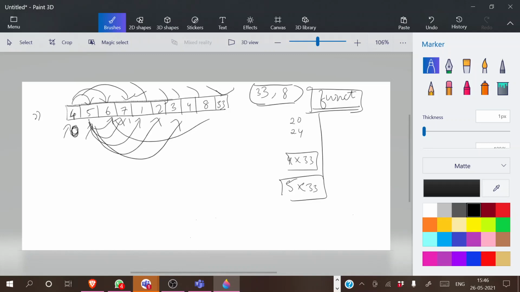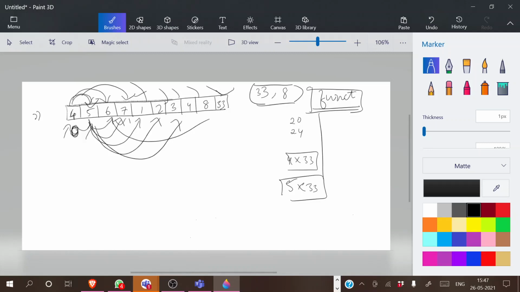Can you see one thing, that we are not going backwards? Why is it so? Because obviously you would have multiplied that number in the earlier step. When you see here, we are not multiplying 5 with 4, because in the first process itself you multiplied 4 with 5. It's the same, we don't want to do that again, right? So we did that in the first step itself. This is how it will run recursively, and this is the function we are going to give.